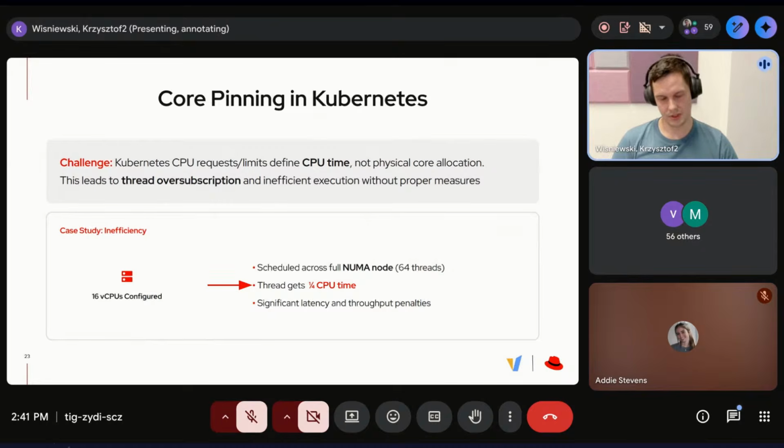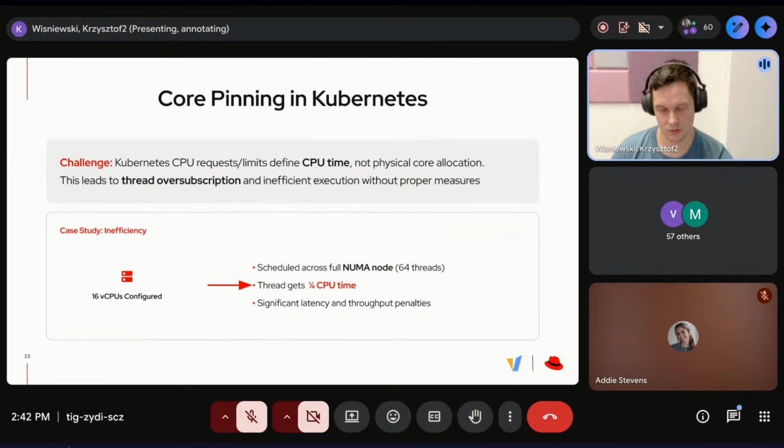So what vLLM sees when it starts is that it has 64 cores available, so it will schedule 64 threads. But if you specified 16 vCPUs in request and limit, that is not true, because it has CPU time for only 16. So all the threads will run only a quarter of the time.